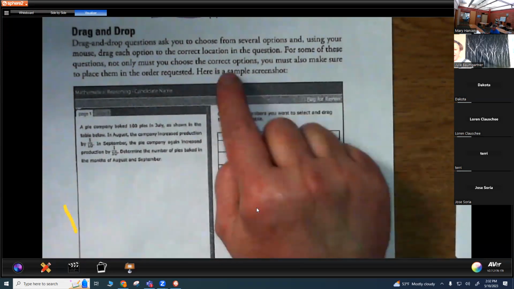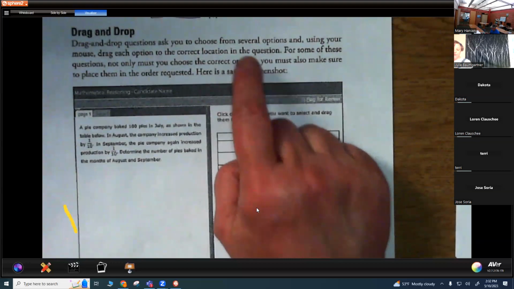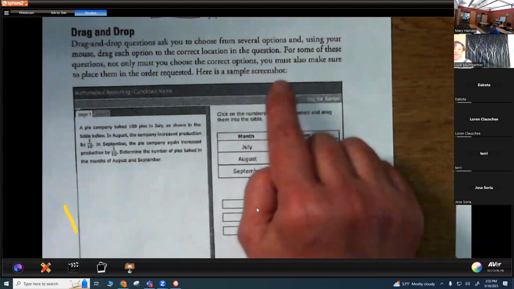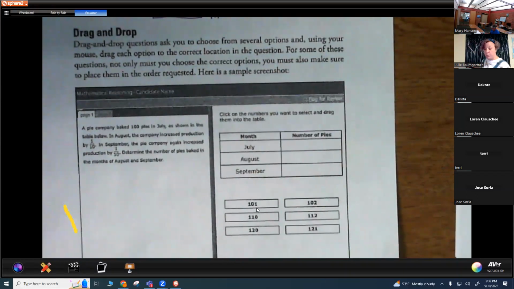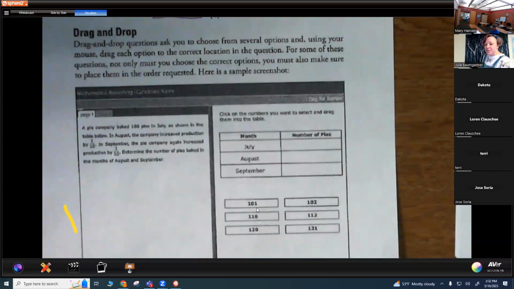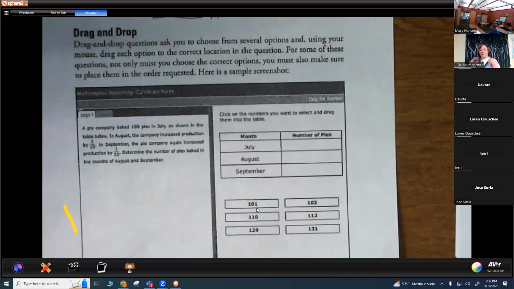And so sometimes, it's not only that you choose the correct options, but then they also have to be organized correctly to get the points. So I guess it just means to make sure that you all